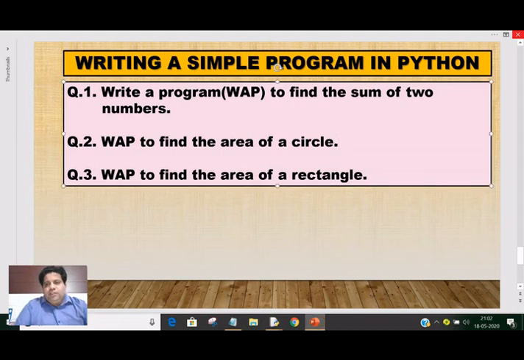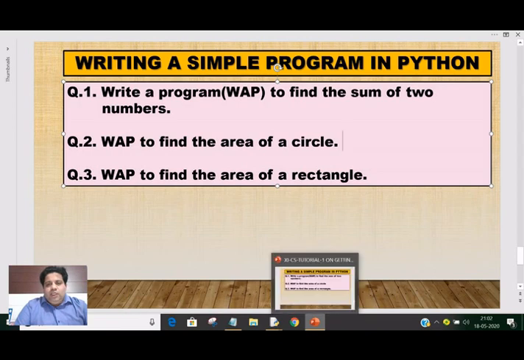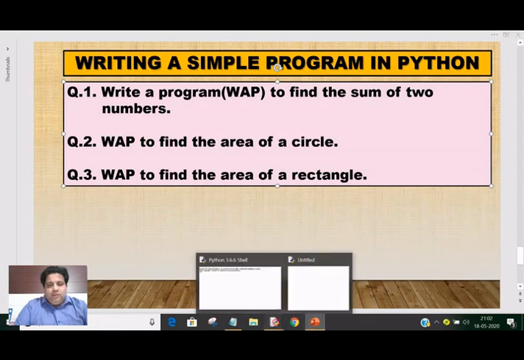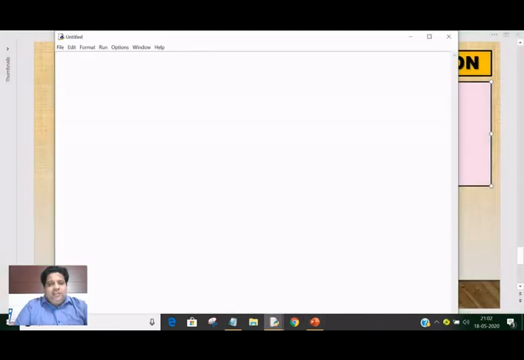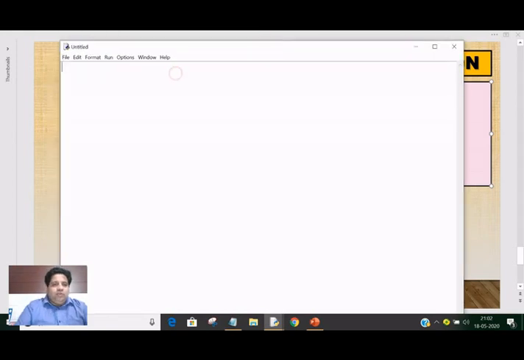Now the program is to find the area of a circle. The formula is area equal to pi r square. Now there is no pi symbol on the keyboard. First of all, you will require the value of r. R means radius. So I have given r equal to 3.5. It can be in point also. So this is the radius. Now r is a variable.